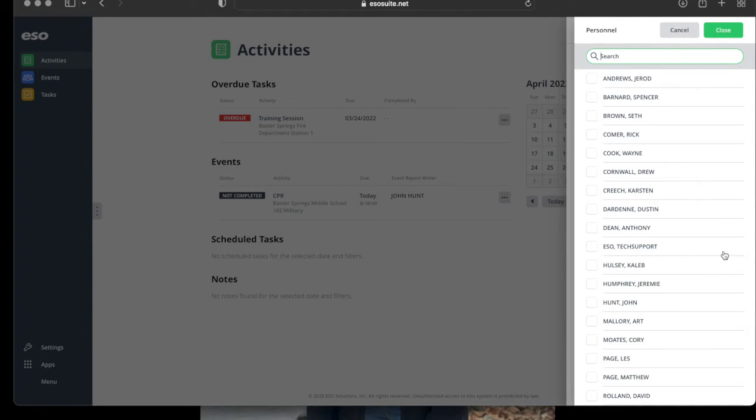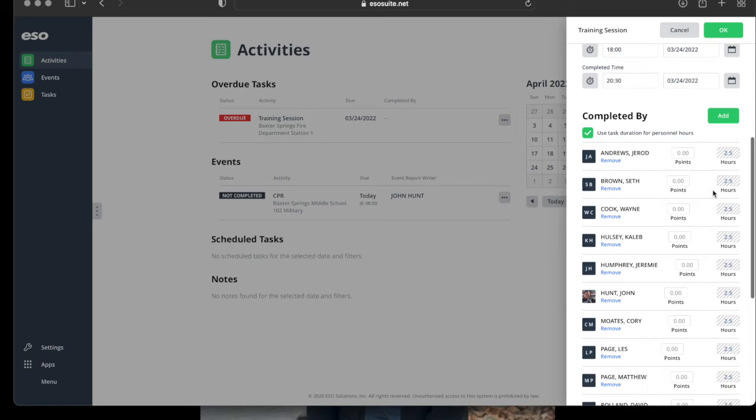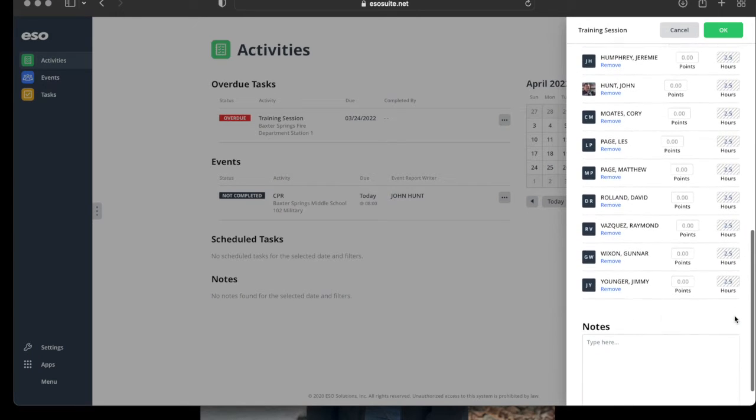And so when I do this, the people that are present that were there, I'll do them first. And I've got a list here. There's Jared, Seth, Wayne. Sorry, it kind of takes a while to go through this. Okay, and then we'll close that out, and then that'll have their points here for that, their hours that they